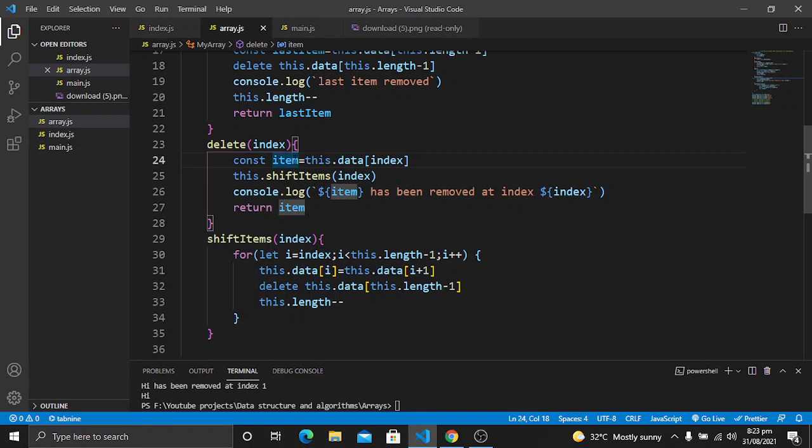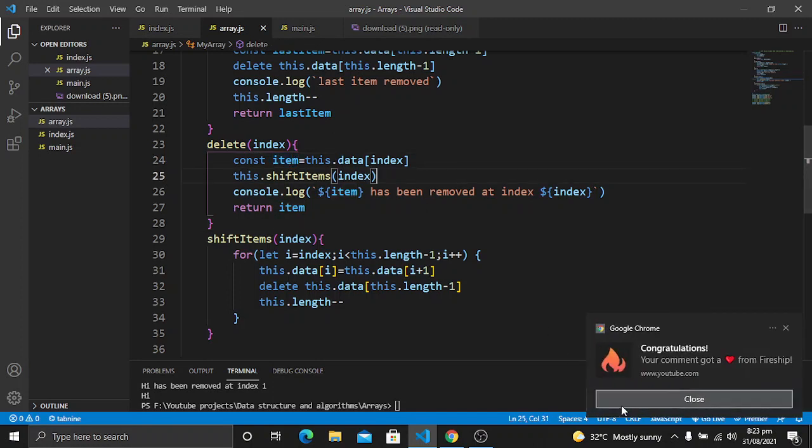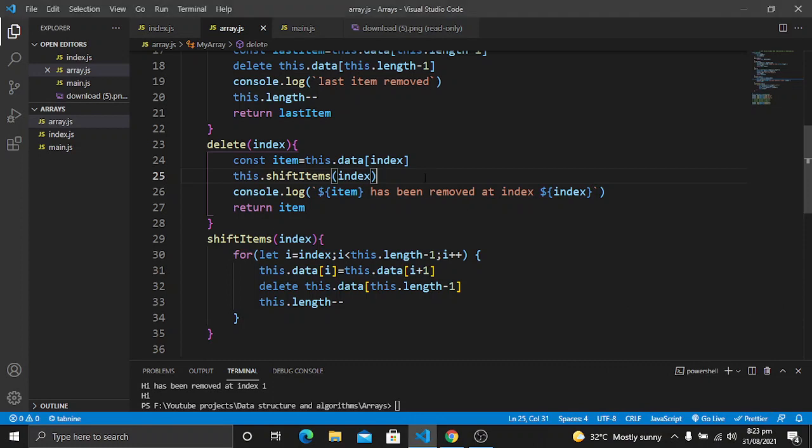And then at this position we will call this method, this.shiftItems. So now this function will run when we move to this position.